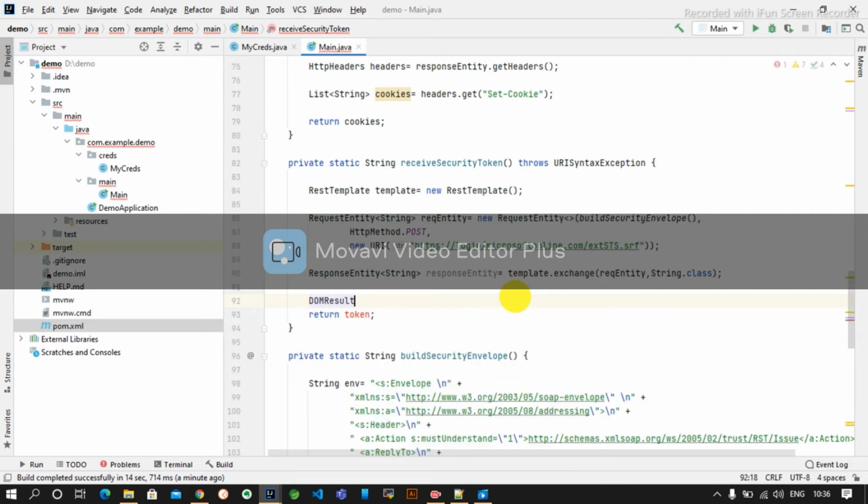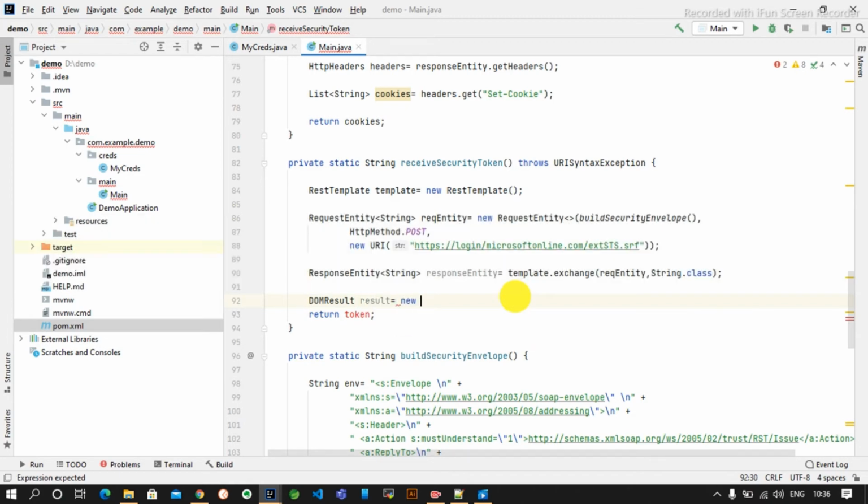then I will use this DOM result. Result is equal to new DOM result. Okay, DOM result.